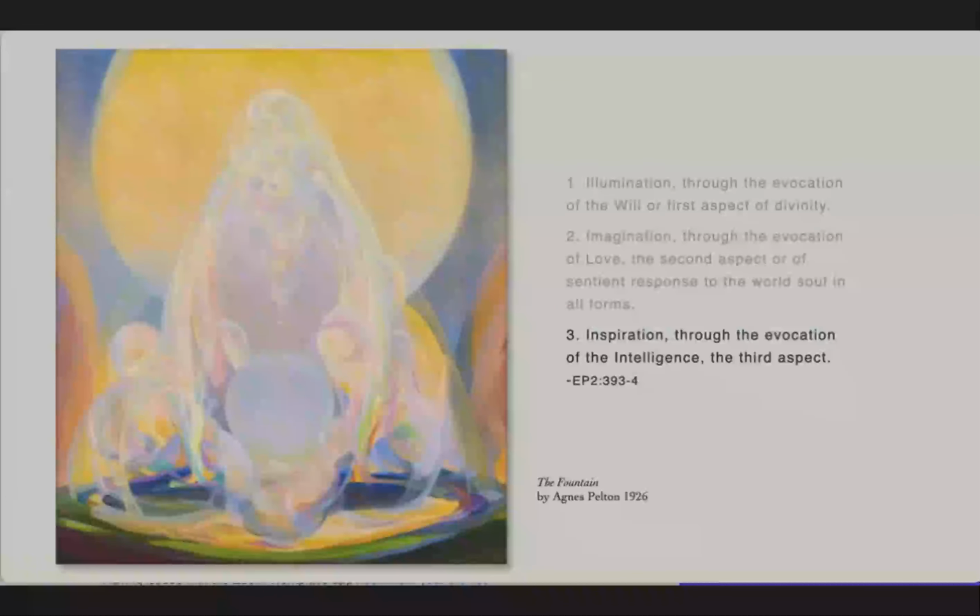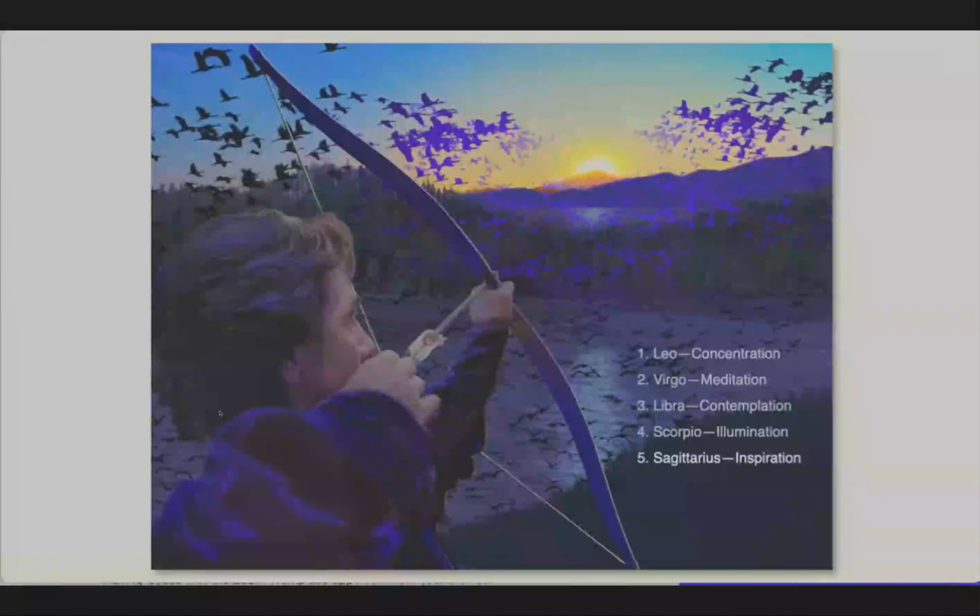And then we have 3, a form of inspiration that permeates one's physical life, reaching right down into the physical body via the brain and revealing the capacity to cooperate intelligently with the plan. This comes through an evocation of the intelligence aspect. This last quality is definitely aligned with the energy of Sagittarius, which rules both the physical body and the higher mental plane, as well as that stage in meditation called inspiration.